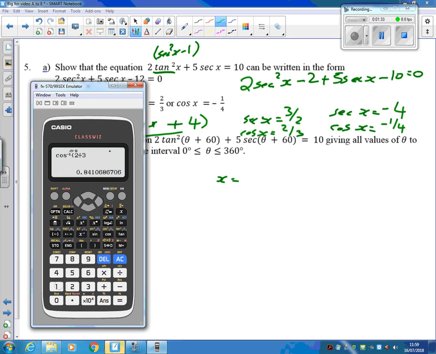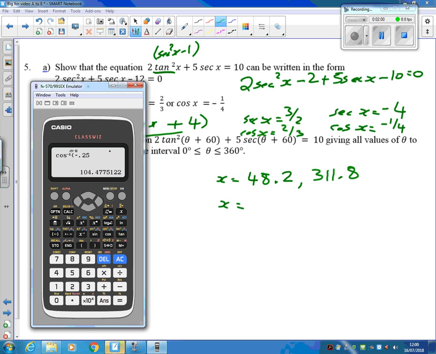Change to degrees, and then just replay the question there. So x is 48.2, and 360 minus that gives us 311.8. And from the other one, x is equal to the inverse cos of minus 1/4,